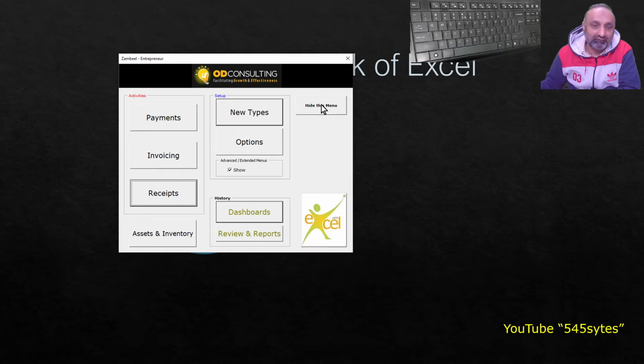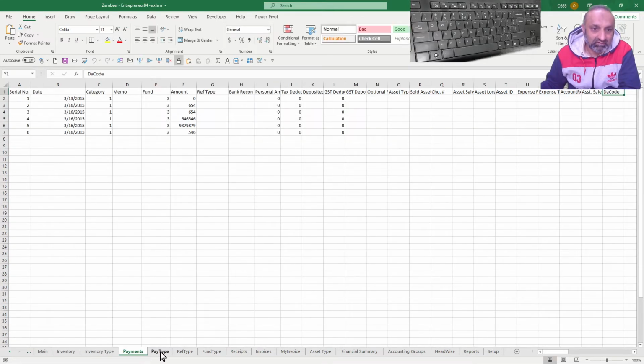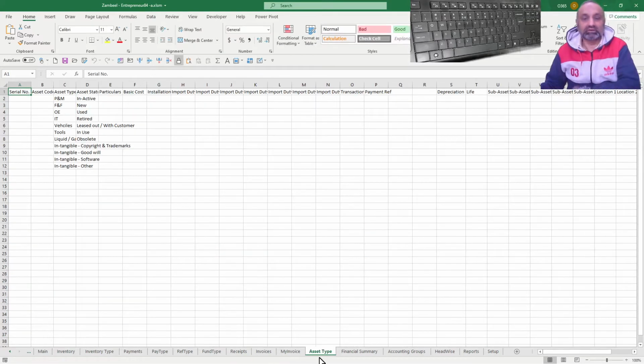So if I hide this menu, then we can have this Excel, and this is the backend, right? So we can see many tables, but these are not visible to the user. This is a sample workbook, that's why I can access the tables, but when this will be a complete model, the user will not be able to access this workbook.